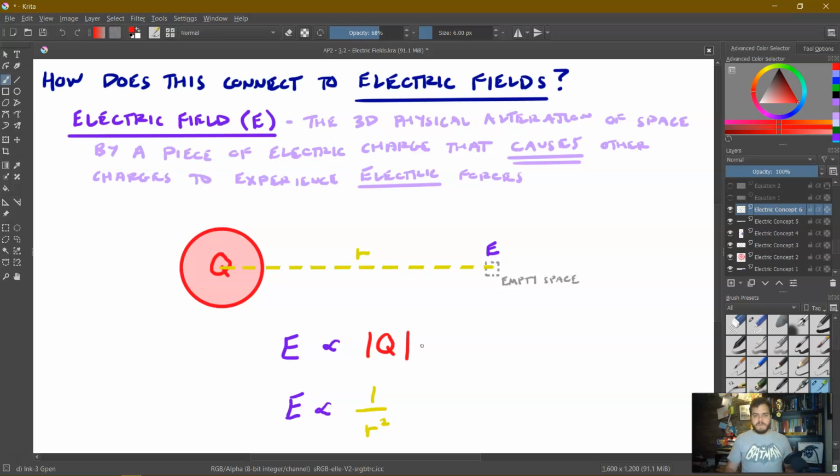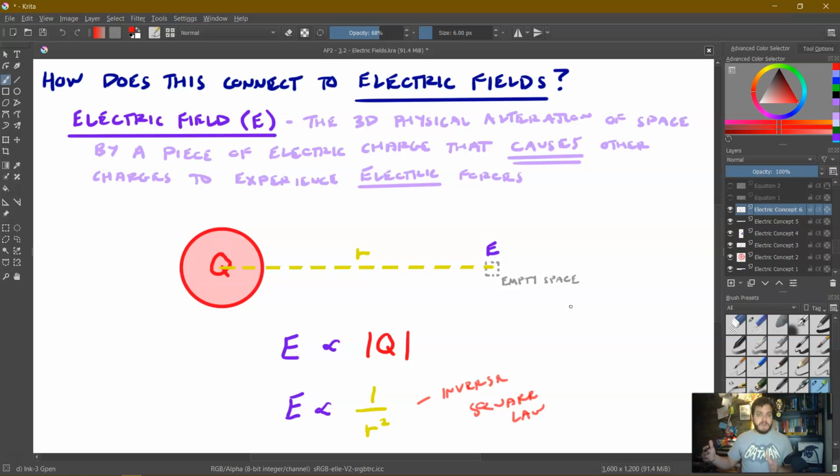Smaller charge, smaller electric field. Additionally, it is also an inverse square law, meaning that once again, it gets smaller as that distance increases by a large amount. So if we're very, very close, big electric field. As it goes further and further away, the strength of that electric field dips pretty severely, which is why even though the electric field technically goes to infinity, it's going to be zero far, far, far before that for this